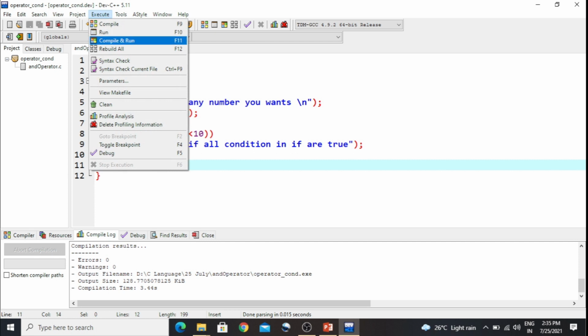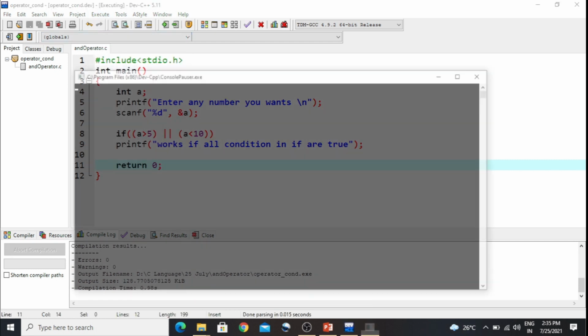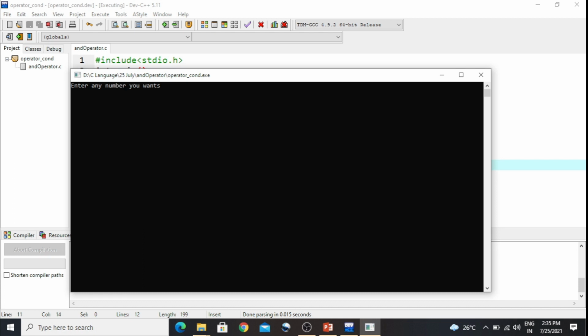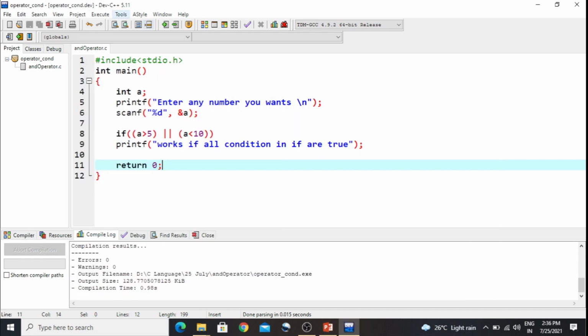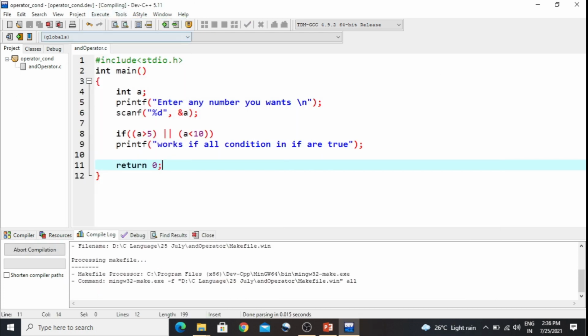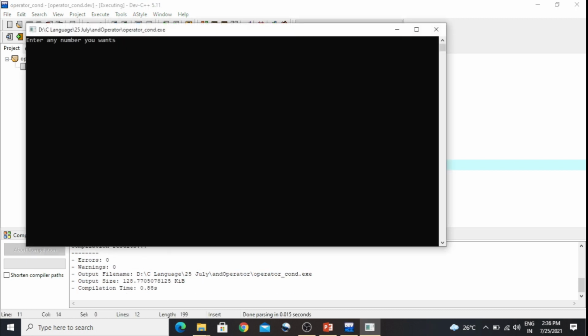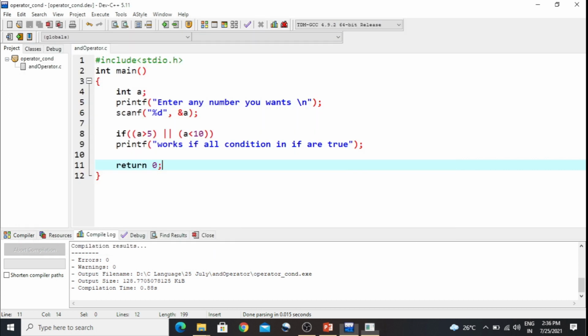If I run again to make the first condition a greater than 5 false and the second condition a less than 10 true, then the statement will work. Again I execute and press 10, which satisfies the first condition but not the second. Still the statement will be executed.